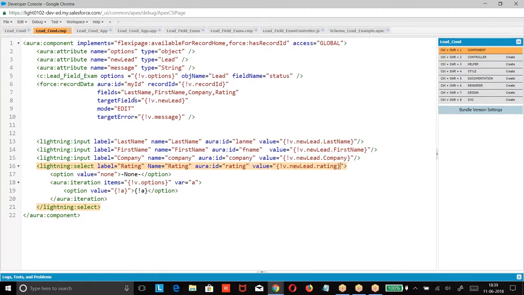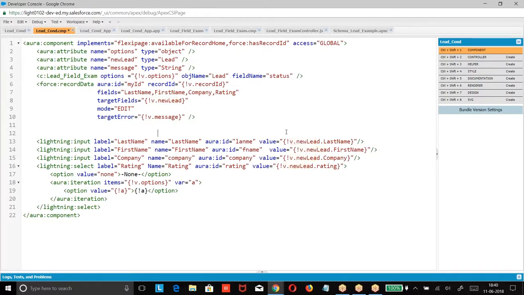Whatever the record is there, v dot new lead, the new record. So that record, last name, first name, company, rating. So what happened? Whatever the values I enter in this, they are automatically associated with v dot new lead. Whatever the field values I am entering here, automatically they are associated with a new lead. Now, if I want to create, everything is good.